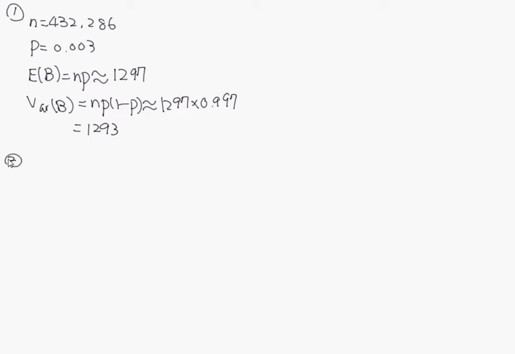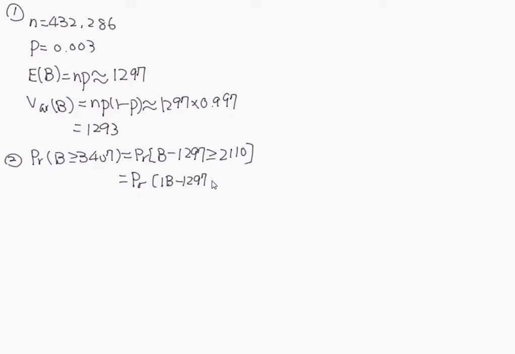The second part, the probability of B is greater than 3,407 is the probability that B minus the expectation is greater or equal to 2,110. And because it is non-negative, this probability is equal to the probability that the absolute value of B minus 1,297 is greater than